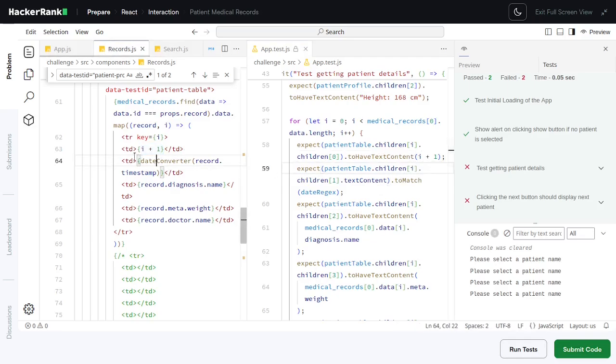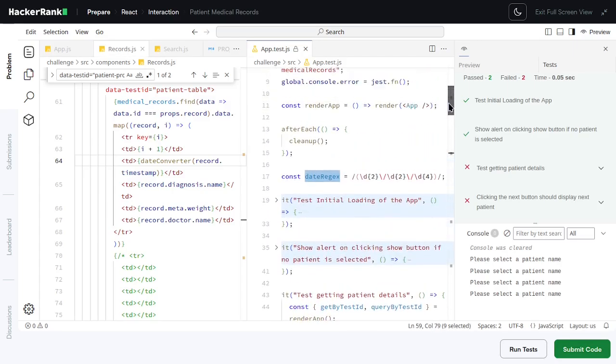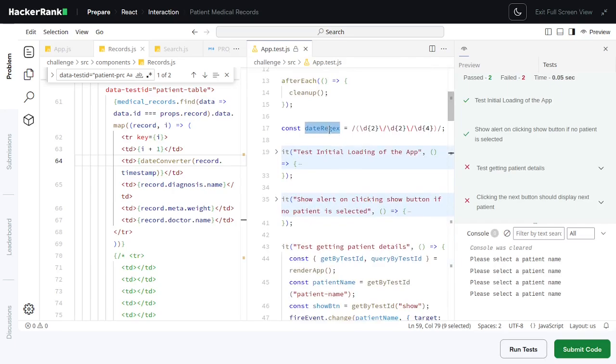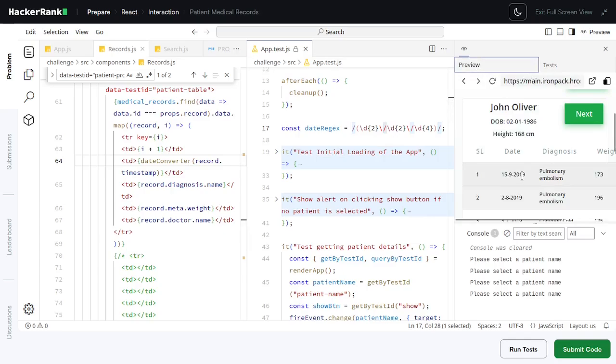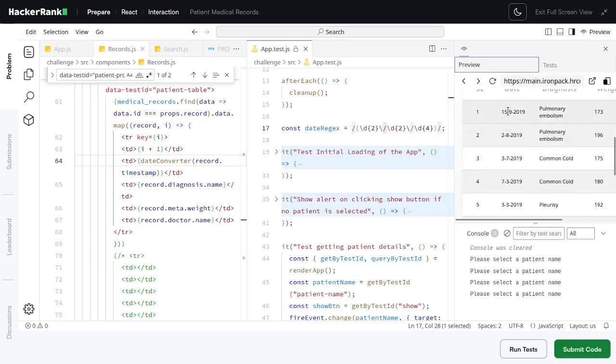And for the second one of the table data, the children text content to match that regex, the regular expression. Which one is the regular expression? Oh, this one is the variable of the regular expression. It takes the digits, 2 digits, and then it's escaping of the backslashes, I think. And this one is also backslashes. Oh, this one is using the forward slashes, but on this part we are using the